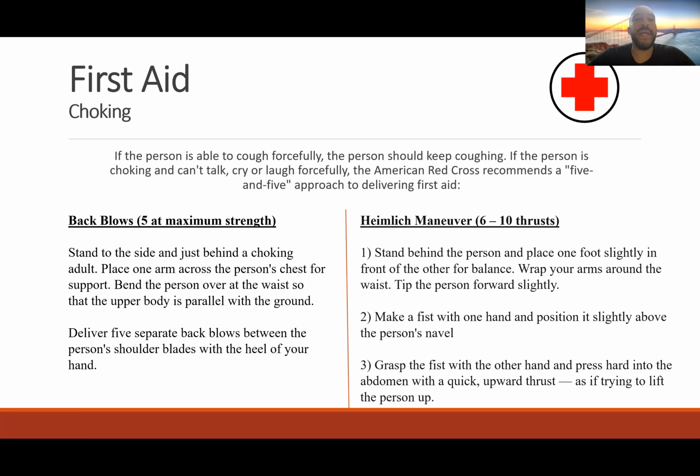And you also want to bend the person over at the waist. This is going to bring gravity on your side a little bit. And also it'll make it easier for the patient to cough up and for whatever item to fall out of their mouth, their airway. So you're going to put one arm around the patient, bend them over at the waist so that their upper body is parallel to the ground. So they should be looking at the ground, and you're going to hold them up, and you're going to deliver 5 separate